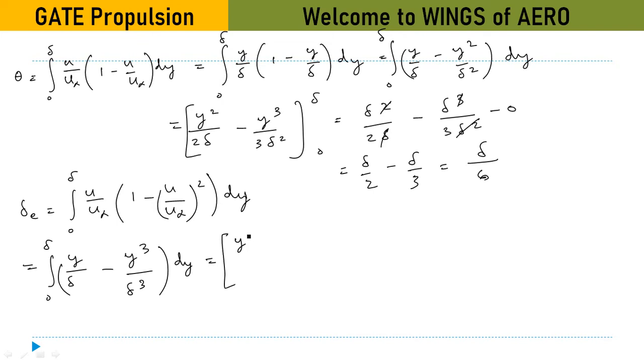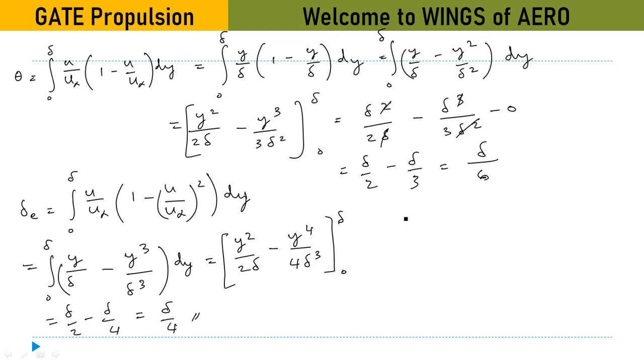Isn't it? Yes, ma'am. Then the last one, they asked about shape factor. As I said, it is the ratio H equals del star by theta, that is the displacement thickness to the momentum thickness. Displacement thickness is del by 2, and momentum thickness you got del by 6. If you simplify, you get 3. Very simple, isn't it? These are very easy problems.